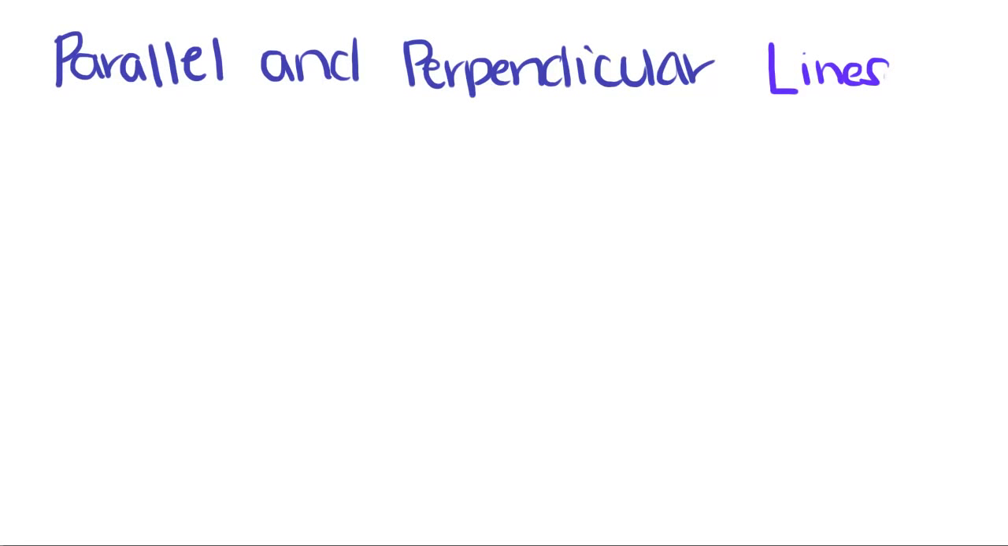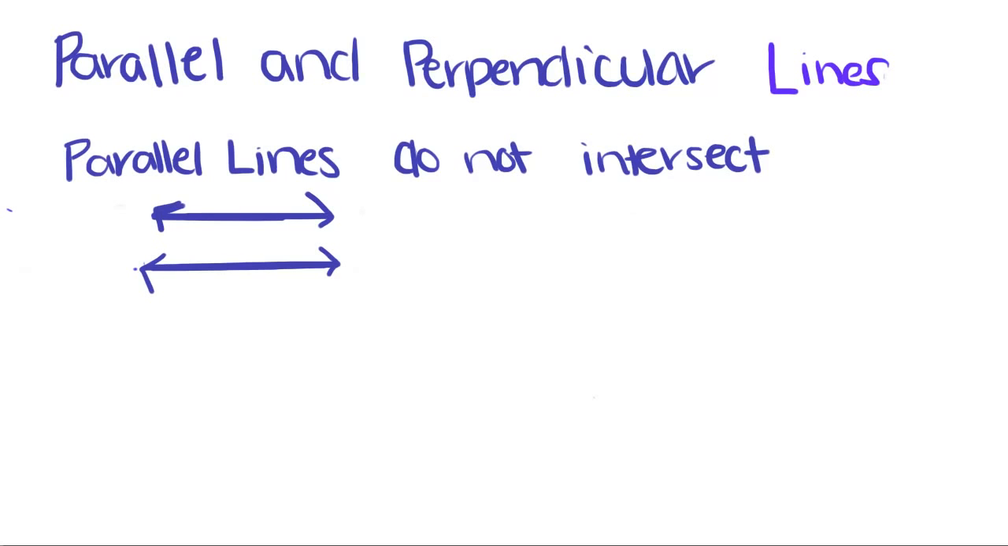So today our focus is on parallel and perpendicular lines. Parallel lines do not intersect. If you look, these two lines have an equal distance between them and they will never intersect. And we denote parallel lines with these little arrows. So those two lines are parallel